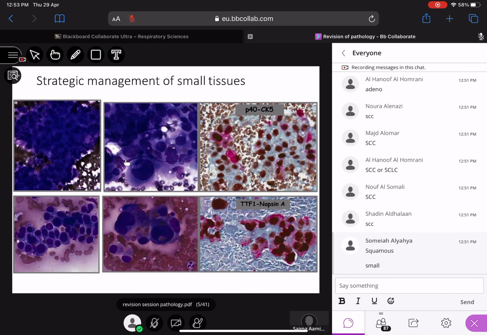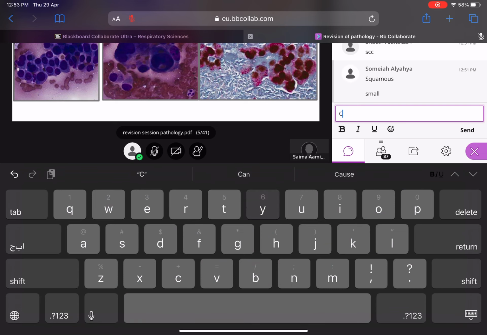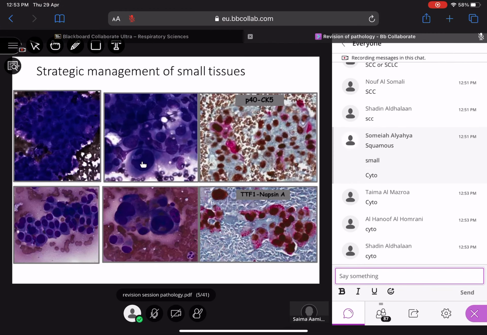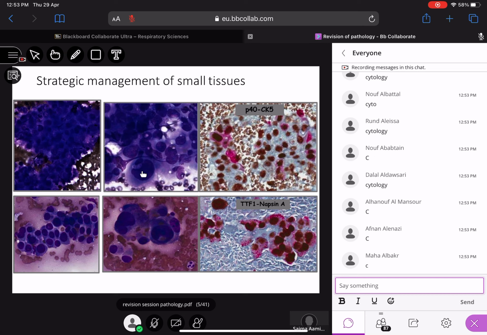Okay, let's diagnose these cases on the basis of cocktails. So, first tell me, it's a biopsy or a cytology sample? You can write B or C. Cytology, exactly. When you are looking at cells, you're not looking at the tissue architecture, you will go for cytology. Okay, so these are cytology samples, and the diagnosis is not really clear on the cytology. You have employed a double color multiplex cocktail of immunos, and you are using P40 and cytokeratin 5. Tell me, what is the diagnosis in this first case, the first line?